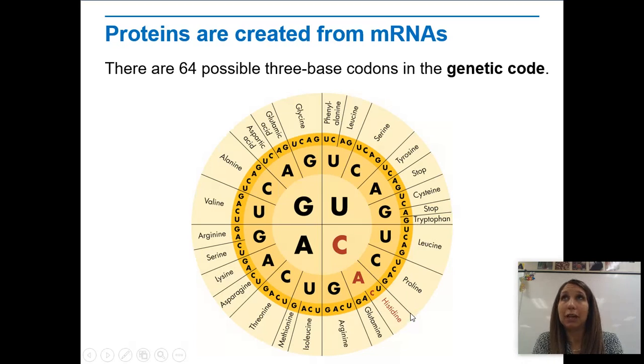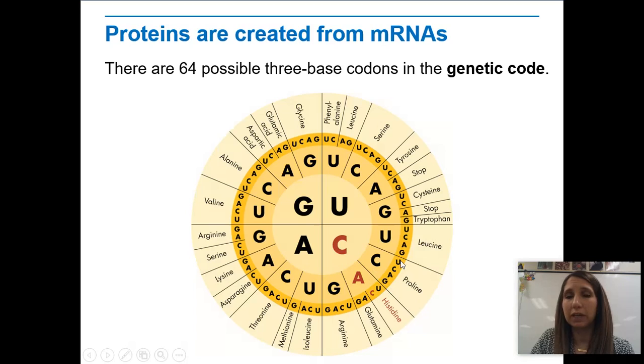Remember from back in chapter 2 when we talked about biochemistry and introduced these types of molecule groups, we said that there are 20 different amino acids. Now I'm telling you here we have 64 possible codon sequences, okay? And so what that tells me is that there's going to be some redundancy here. What I mean by that is if we look at histidine, there are two different options. Histidine is the same amino acid in a protein, but it can be coded for by CAC or by CAU,